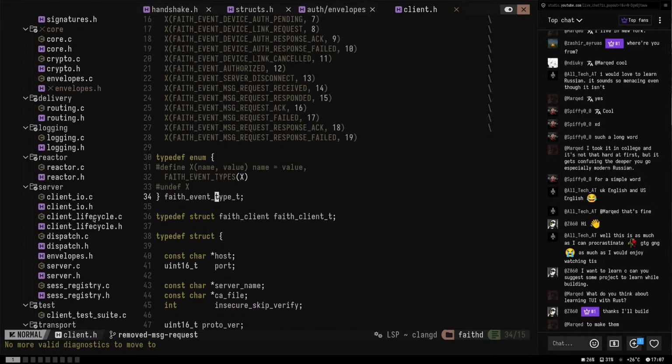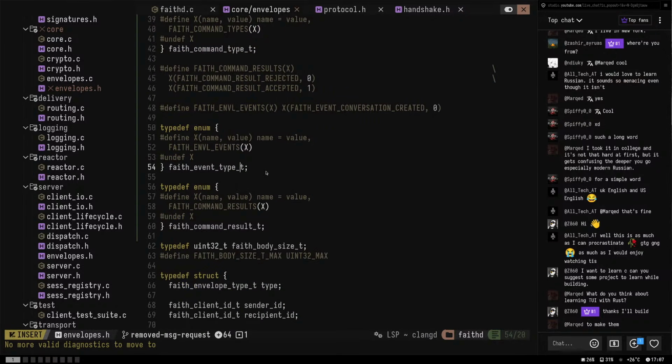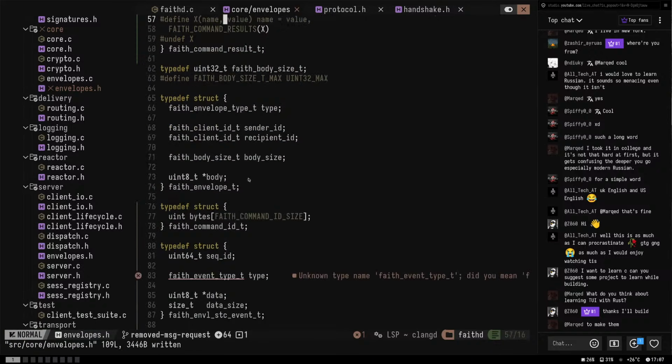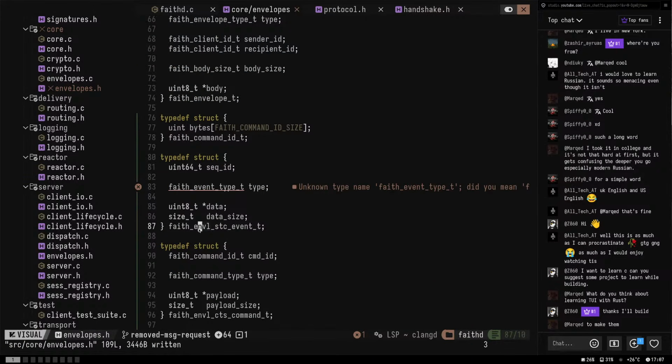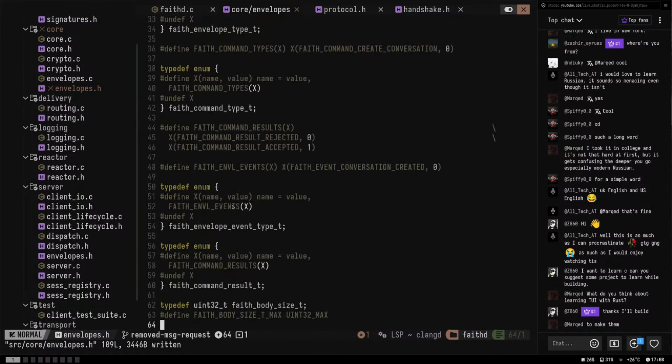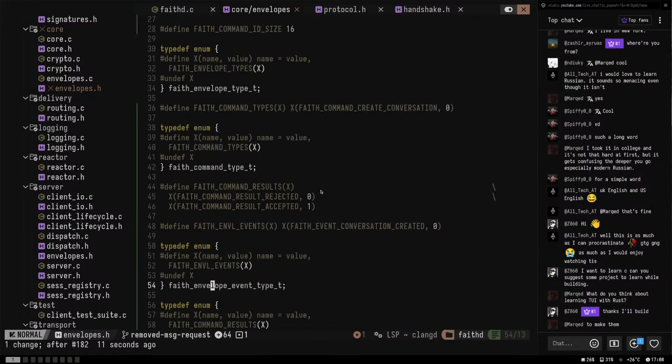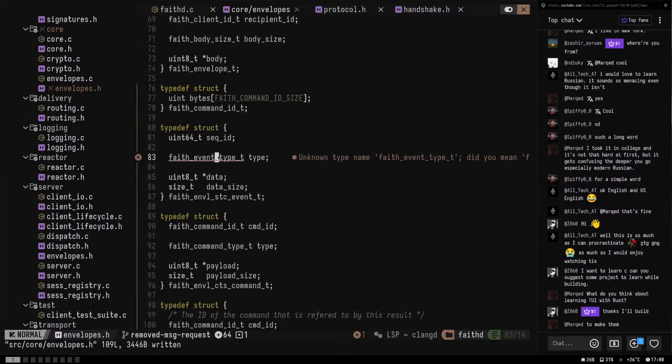Oh my god. Okay. So we should say faith envelope, or like envelope, you know, because this thing is kind of standardized for real envelope structures. So let's say faith envelope event, or event envelope, I guess, because it's not really, you know. So events envelope, and then let's have a faith